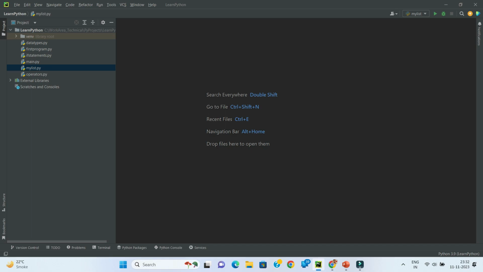Friends, in this session of Python learning, we are going to discuss another data type in Python, that is a dictionary. A dictionary is a data type that is used to store a collection of data, just like list, set, and tuple. But a dictionary stores data in key value pairs. So let's go ahead and see how we define and manipulate